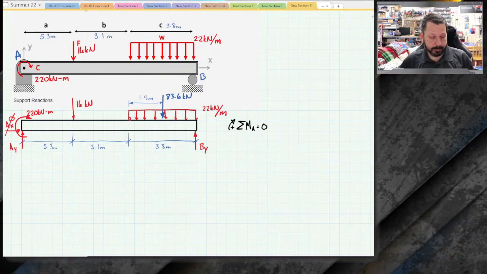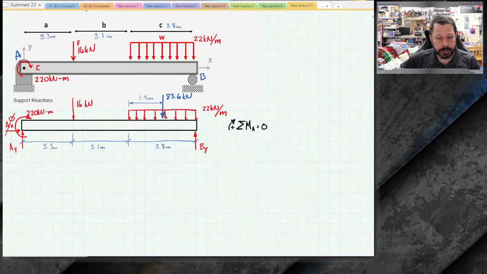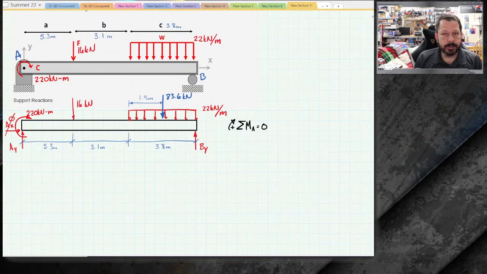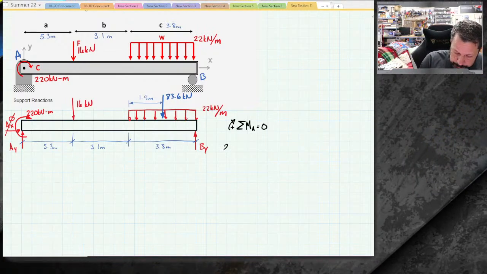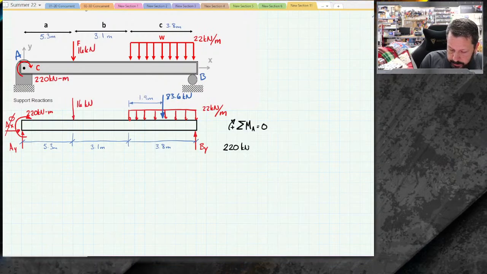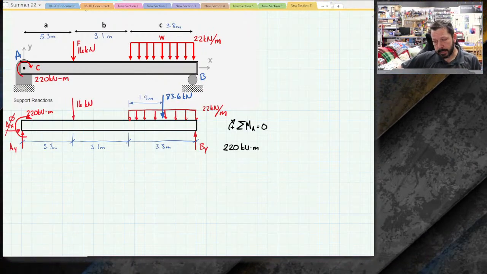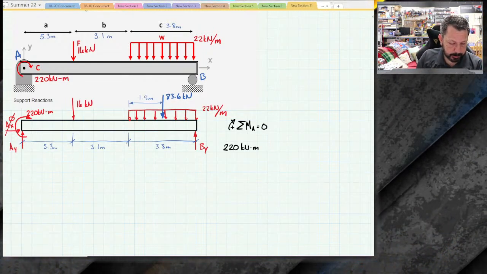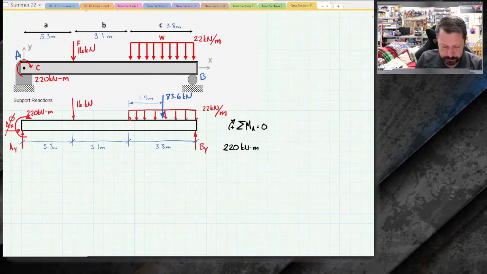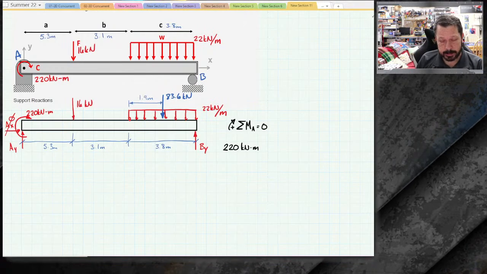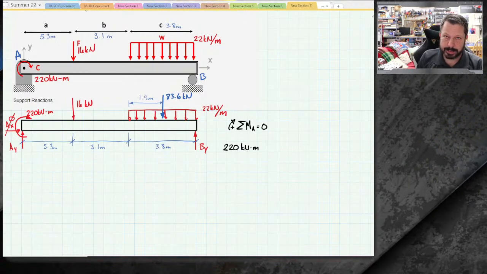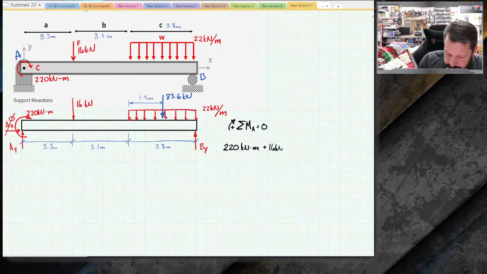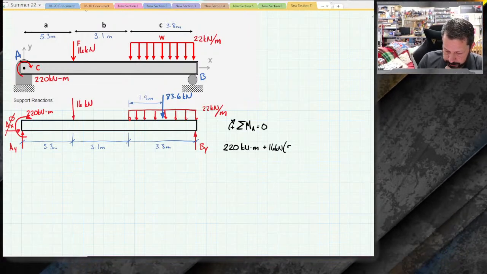Right off the bat, I've got 220 kilonewton meters from the concentrated moment at A. Even if it wasn't at A, it would still be just 220 kilonewton meters. The only thing we have to figure out is whether it is positive or negative. I set up this equation with clockwise being positive, and the arrow for that moment is clockwise, so it gets a positive sign. Don't multiply by distance, since it already has meters in the unit. So plus 16 kilonewtons from the point load times 5.3 meters